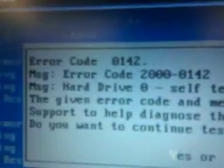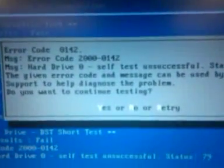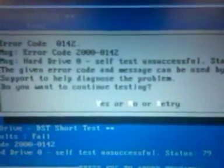And look at that, we have a bad hard drive, and just like I said, that's a 142 code, and you'll see the flashing lights here. 3, 4, 2. So that's 142. And we'll count them again here, as you can see. That's 1. That's 4. 142. So now that we know the drive is bad, and actually I didn't even think the drive was bad,